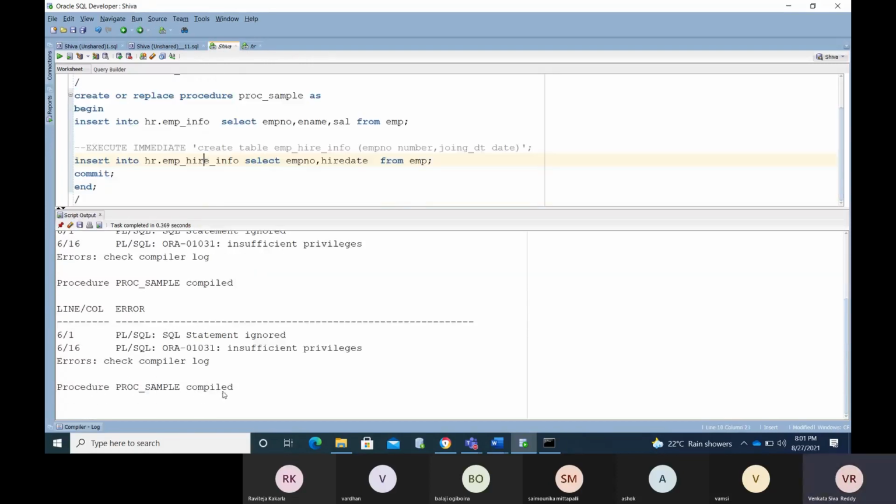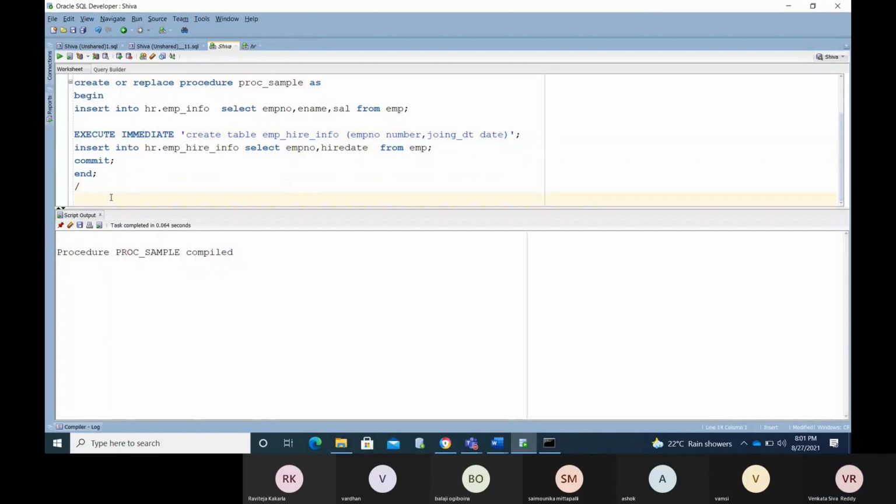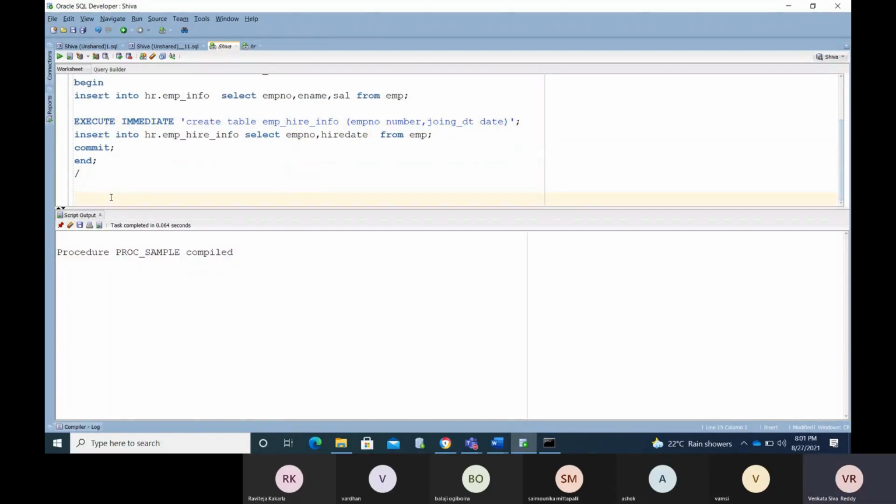Now see, the procedure gets compiled. Procedure sample compiled. Now I'm using execute immediate. I got the error and thought it was due to the table creation, but I haven't checked thoroughly. I blindly thought it was due to execute immediate, so I tried to provide the grants here.